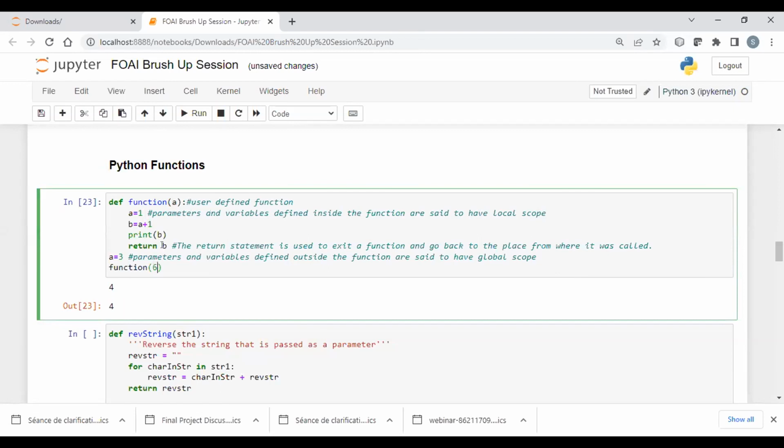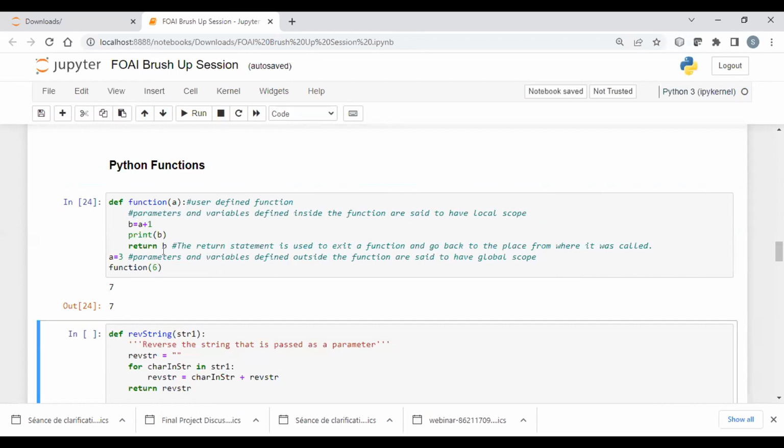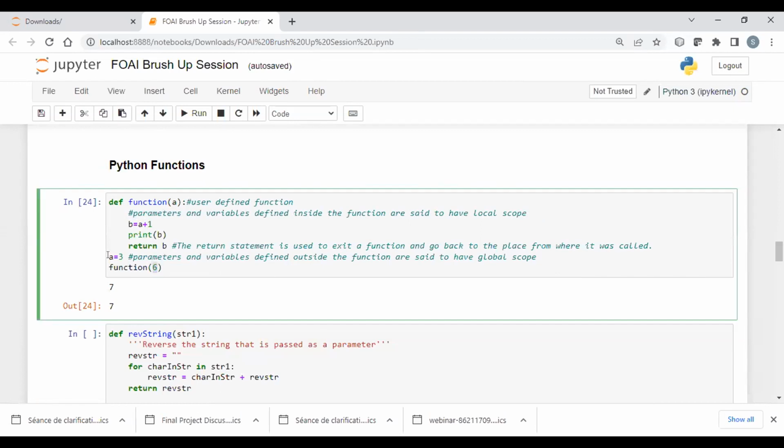If we directly pass 6 here, and if we remove this thing from here, the output will be 7, because right now we have passed 6 directly to the function. So there is no role for a equals 3 being assigned here because we are not using this anywhere.